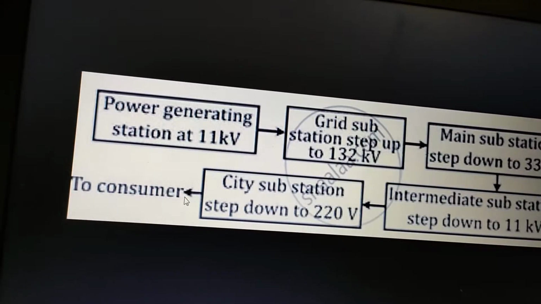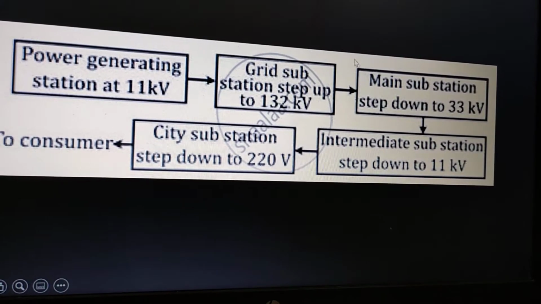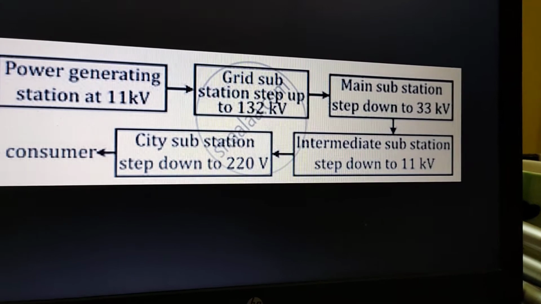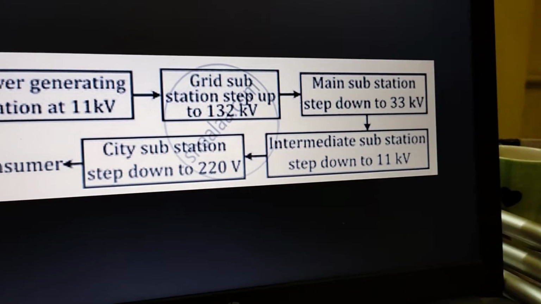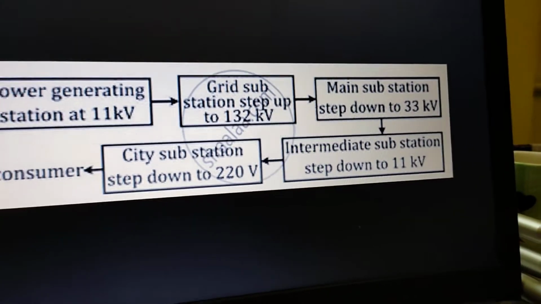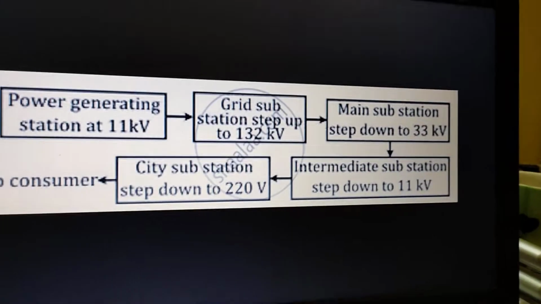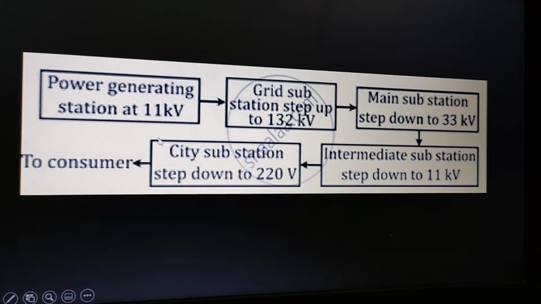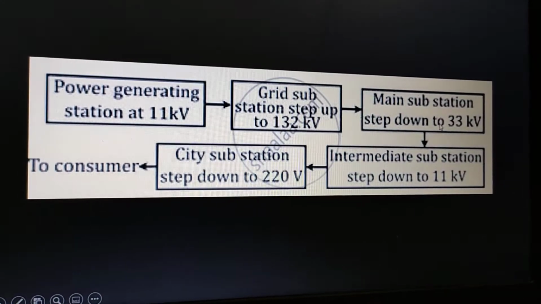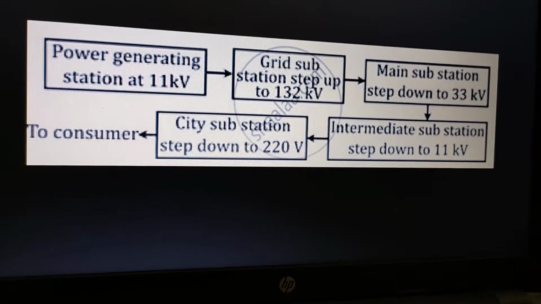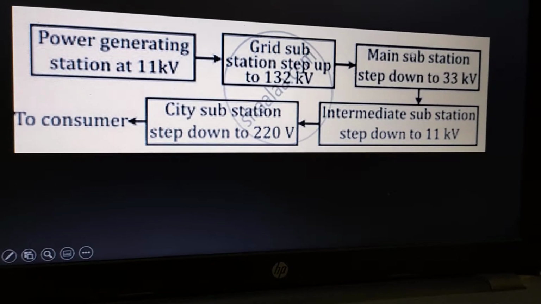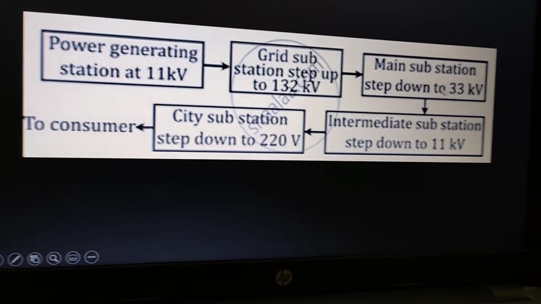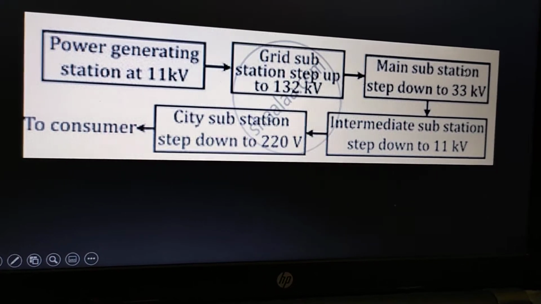Now going to the next diagram. From the grid power station it is coming to the main station. Again, in the main station we are stepping down to, suppose, 33 kilovolt. Now you can ask me, ma'am, why don't they convert it directly from 132 kilovolt to 33 kilovolt? There is a reason, I am telling you. First let me clear this one. Now in the main power station it is generating 33 kilovolt power supply.